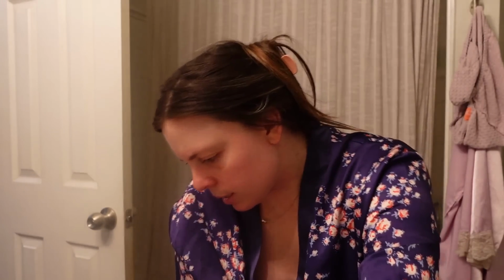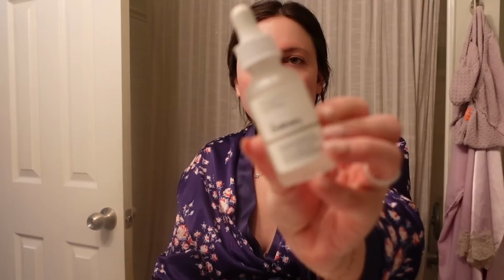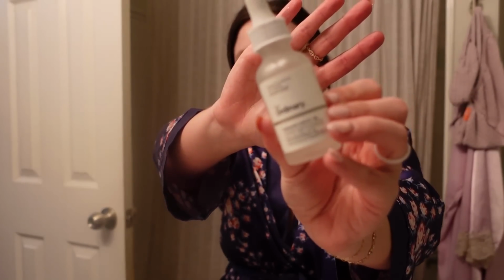On the nights where I don't do that, I use hyaluronic acid. It just feels good, and I feel like it helps get some moisture back into my face. And I like the one from The Ordinary. Let me see. That's the niacinamide. Here it is. So I like The Ordinary. Come on. It can see my face, that's the problem. The Ordinary hyaluronic acid. So I start with that, and then I go in with a moisturizer, sometimes this one,